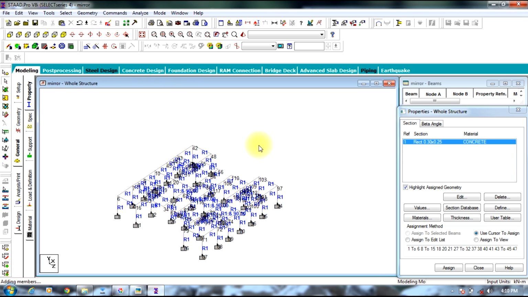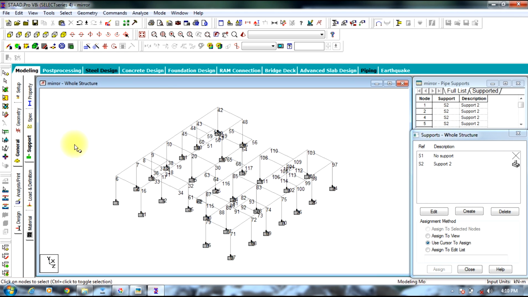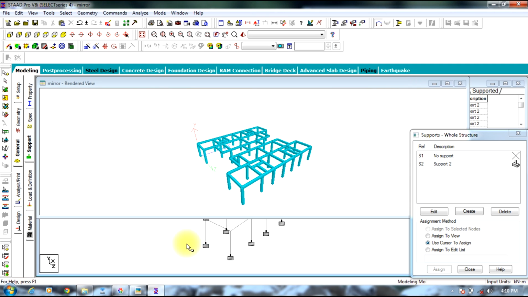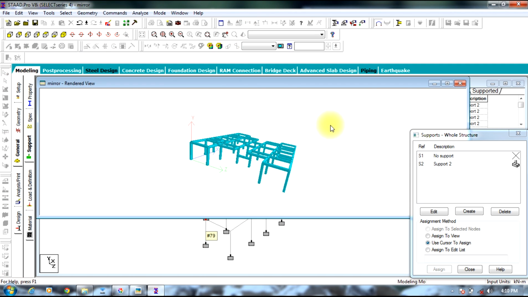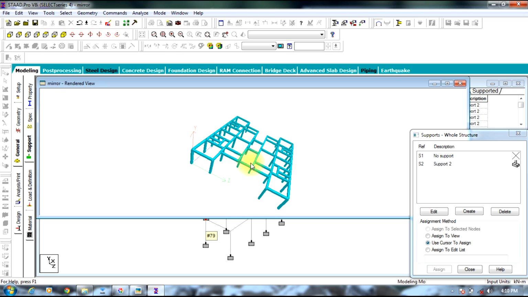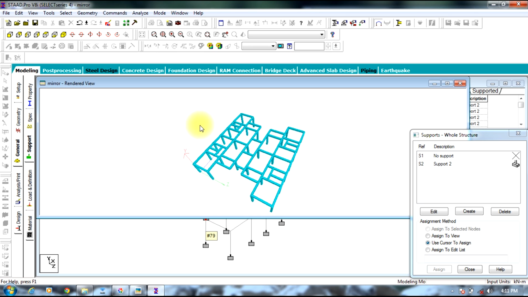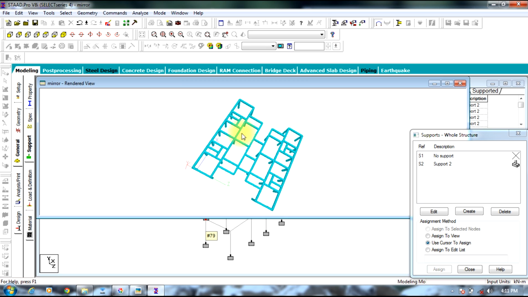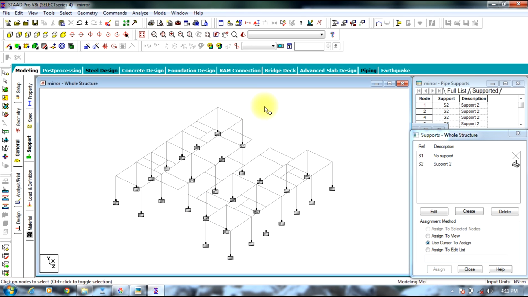See, with the help of the mirror command, the entire structure is created. Select 3D rendering in this way. So this will be the staircase, one side will come up, the second side will go up. In this way, the mirror command can also be used